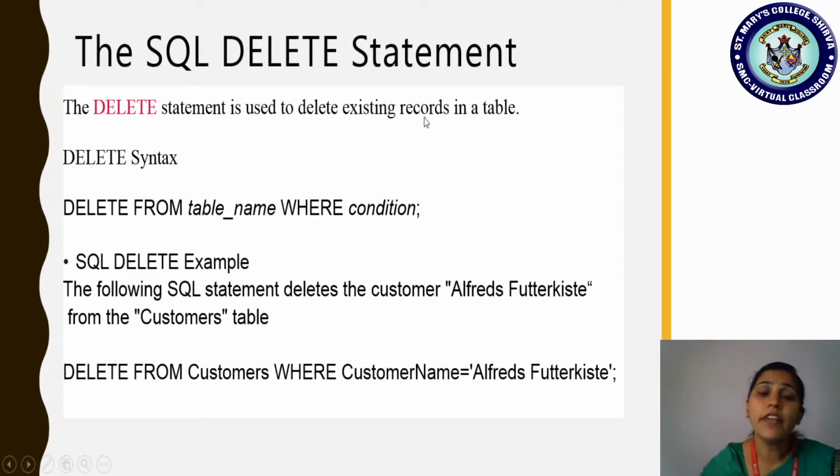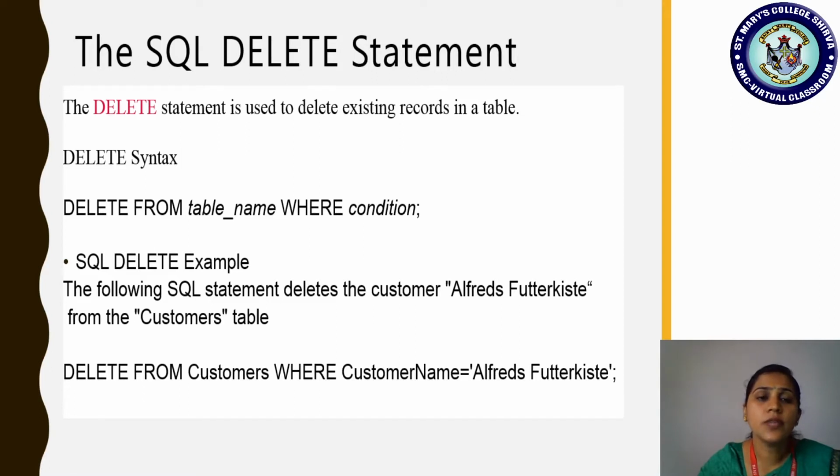Remember students, if we have created a table, we can delete the table. If we have inserted any records, then we can delete some of the records. This statement helps us to remove the required data in the table, or if you want to permanently delete the created table, how it is done, what is the syntax, let us refer now. Observe the syntax part here. Delete from table name where condition. This is the syntax which is used to delete a particular record in a table.